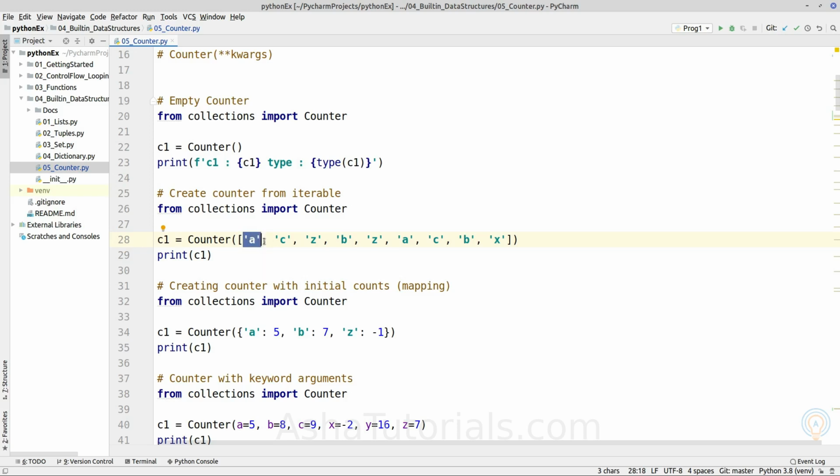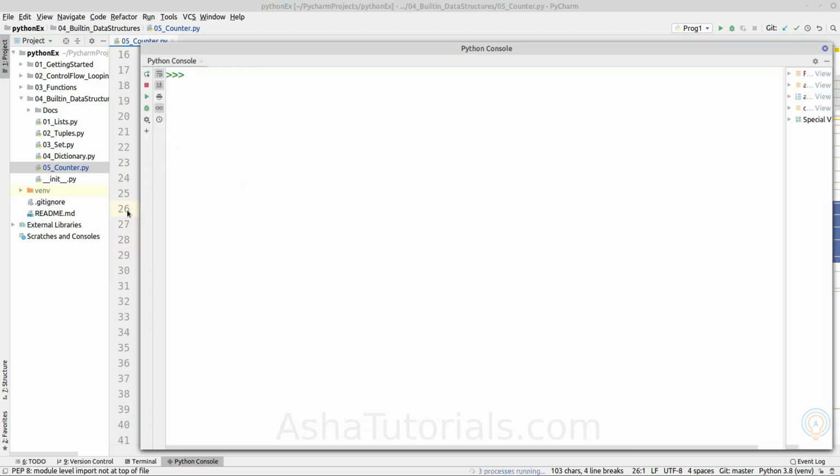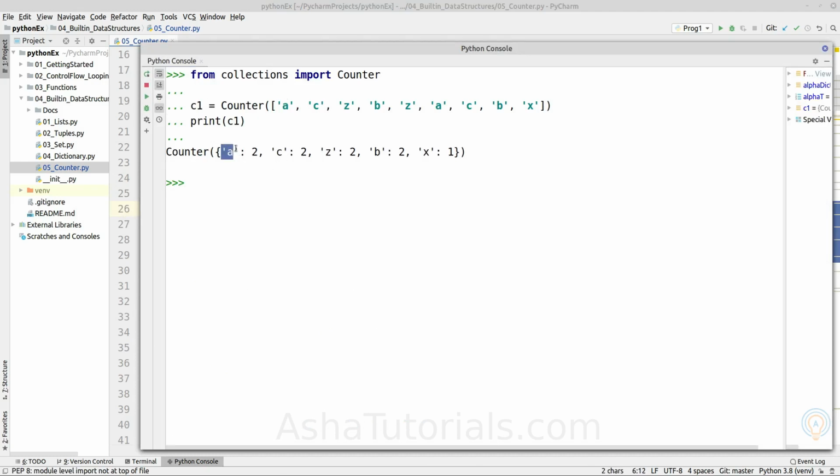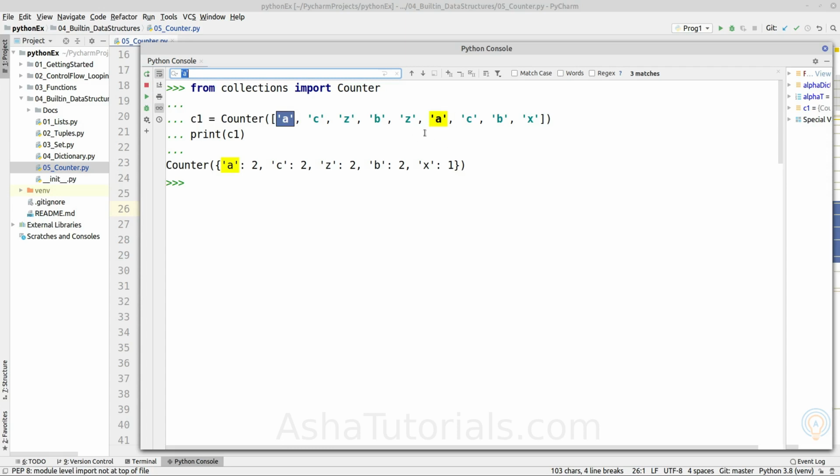So it will count the number of occurrences for each hashable, and it will store each hashable as a key, because a dictionary contains unique keys. For the given hashable there will be a unique key and it will have as value the number of occurrences of the given object. So let's execute it. As we can see, it is holding the given hashable as a key and the number of occurrences of the given hashable as value.